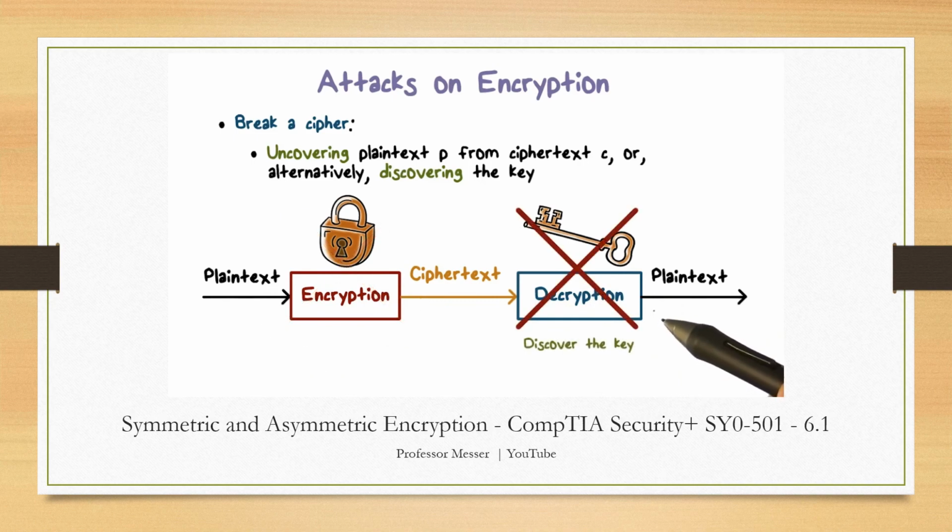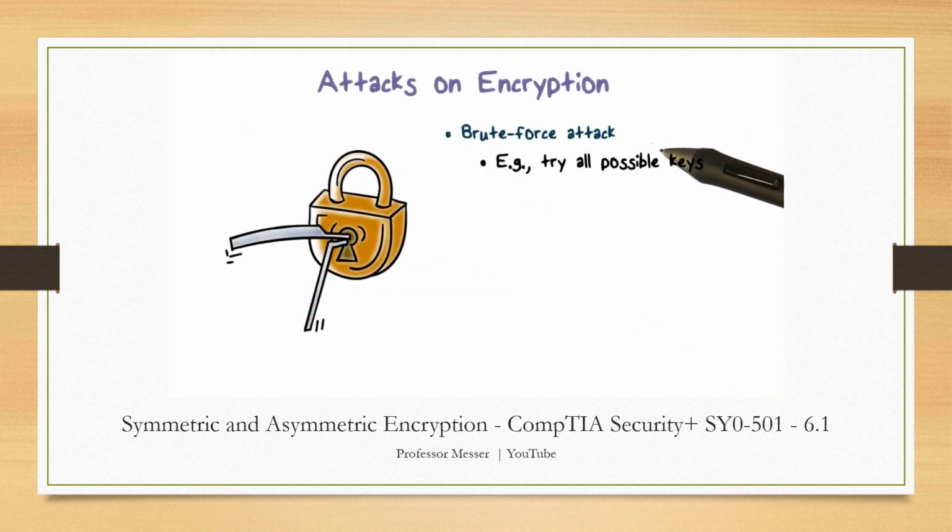Alternatively, the attacker may try to discover the encryption key so that he can then decrypt all the data encrypted using this key. There are several attack methods. The first, simplest, and yet the most inefficient way is to use brute force, or just search blindly. For example, an attacker can try all possible keys one by one until the one that can decrypt the ciphertext